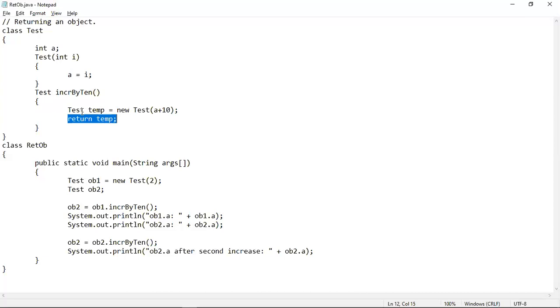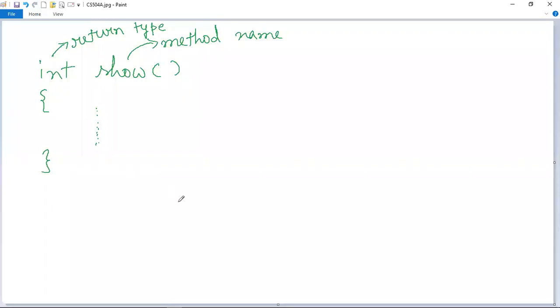Let me write it down. So if this method returns an integer value stored in an integer variable a, the return statement should be written as return a. Here a is the integer variable whose value will be returned to its calling method.